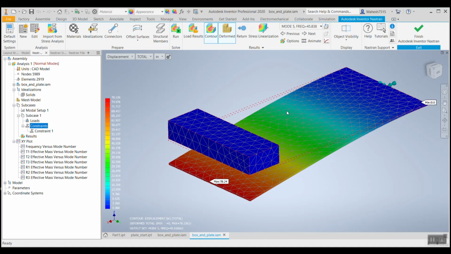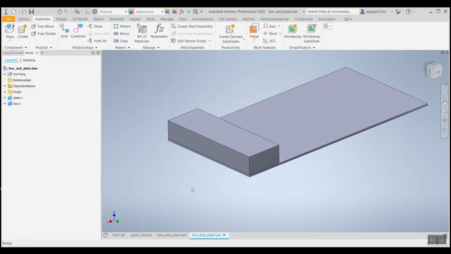So these are the two different ways of approaching the modal analysis. One is with a fixed body of concentrated mass, and another one is the same mass which is not fixed and free to move. So you can see the difference between these two studies, right? So I thought of showing this also. We'll now move on to the next phase of designing along with analysis.